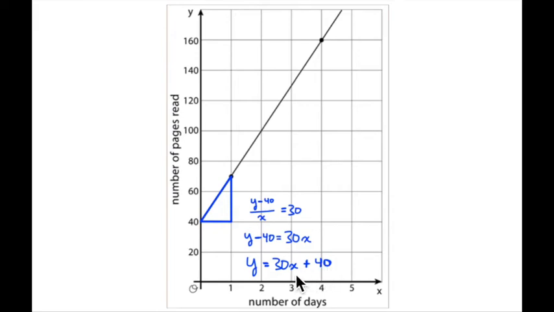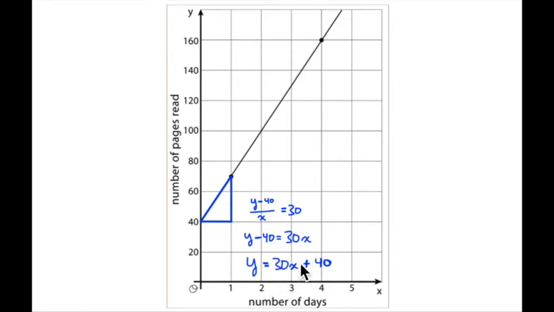So let's say that x equals 1. So we're right here, x equals 1. 1 times 30 is 30. So we're going to go up 30 units. That would be right here. But now we have to add this 40 units back. So that's going to push it all the way up to here to 70. So this point right here is going to be 170. So y is equal, so this is the